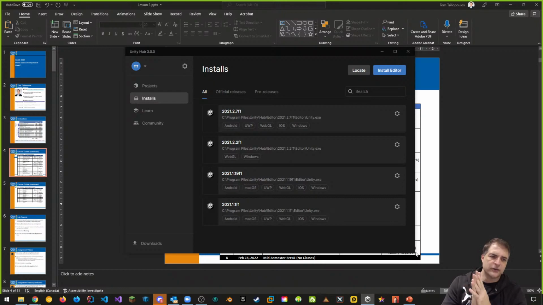Oh, I see. Yeah, you can do different things for sure, if that's what you mean. Absolutely. You can do different installs on different drives for sure, 100%. You can keep all your old Unity versions. I'm not telling you to uninstall stuff. I don't care how you manage your machine. I'm not sure what the other profs are doing. I can only tell you what I've been asked to do.